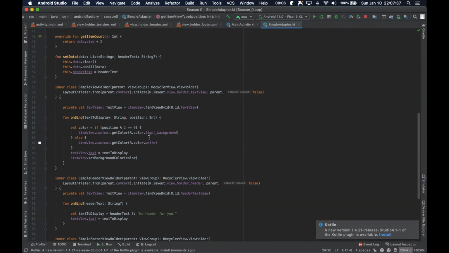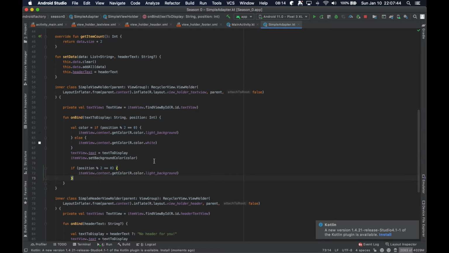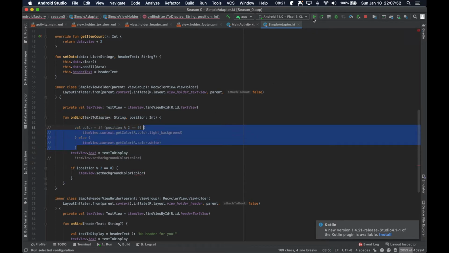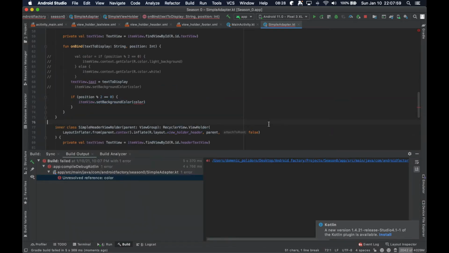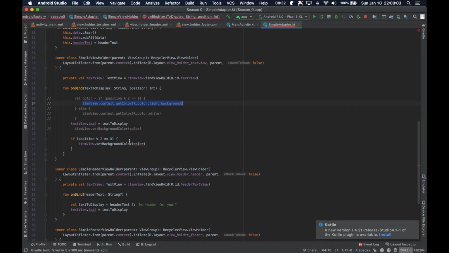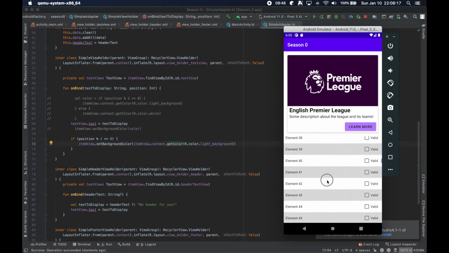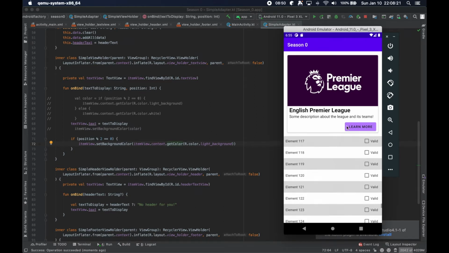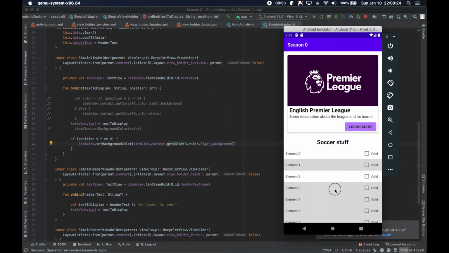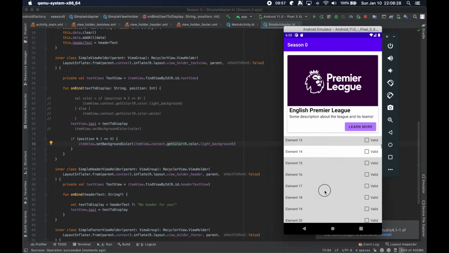Okay, hold on. Sorry. If we were to instead have our logic just say, if position mod 2 equals 0, set the background color to something different, that'll work for the beginning, but yeah, here we go. As you see things getting flung and recycled,